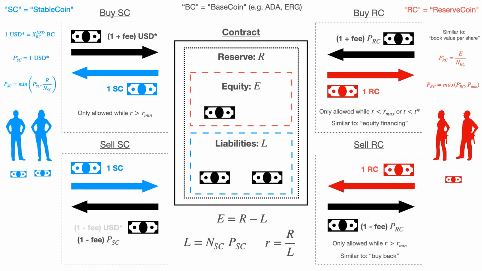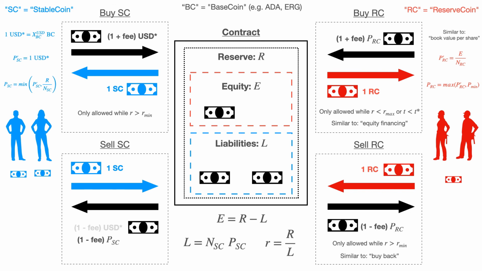We also forbid buying reserve coins when the reserve ratio is greater than a maximum reserve ratio threshold. And this may seem counterintuitive at first, because you may think, okay, we should just allow the reserve ratio to grow as much as possible, right? The greater the reserve ratio, the greater the stability. And that's correct. But the greater the reserve ratio, the more the interests of the reserve coin holders are diluted. So remember that an incentive that the reserve coin holders have is that thanks to the buyback,